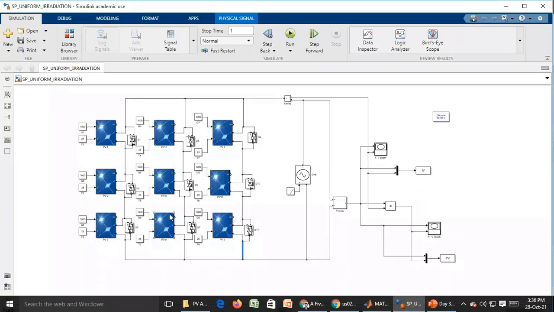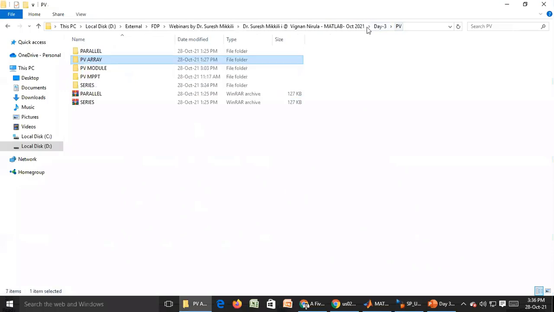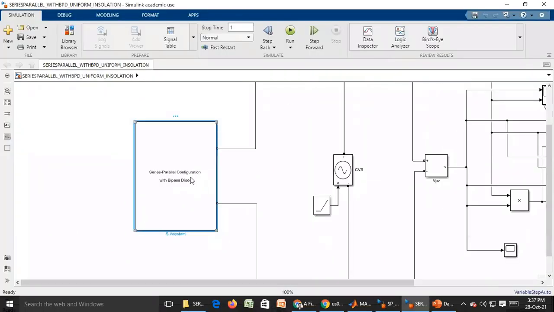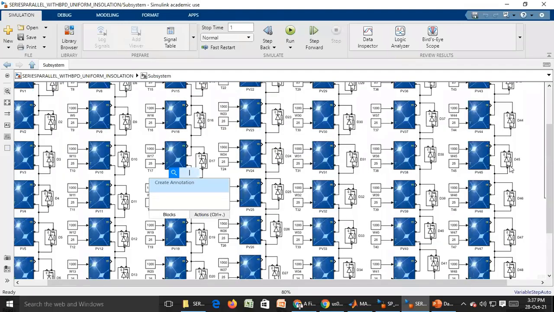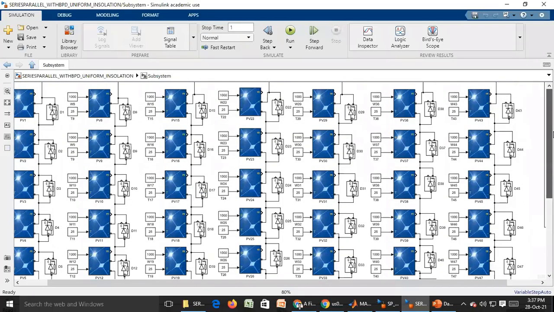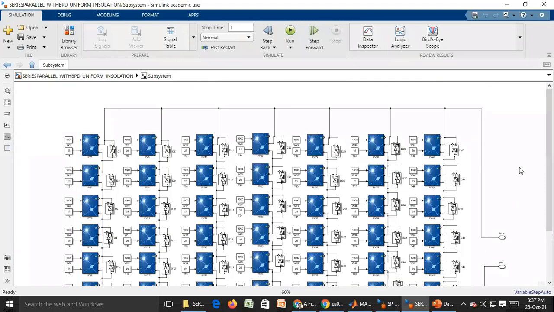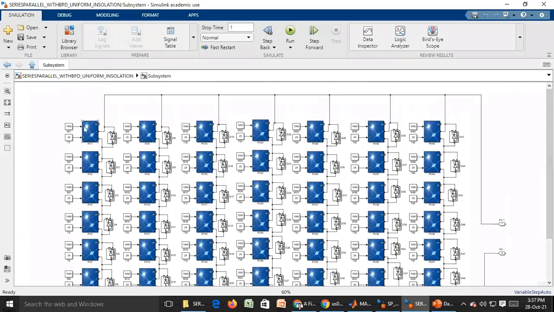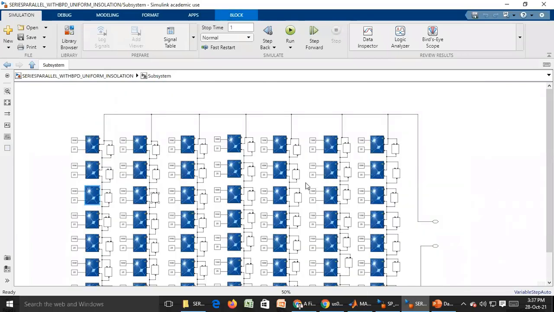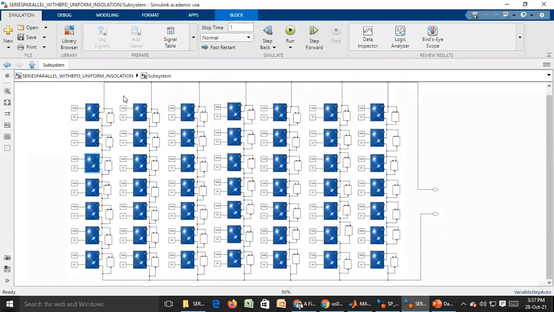Okay. So instead of 49, I have taken this 3 by 3. Now you see, if you want the diagram also, I'll show you. Okay, this is the series-parallel configuration. 7 modules are connected in series, which is in parallel with another string.